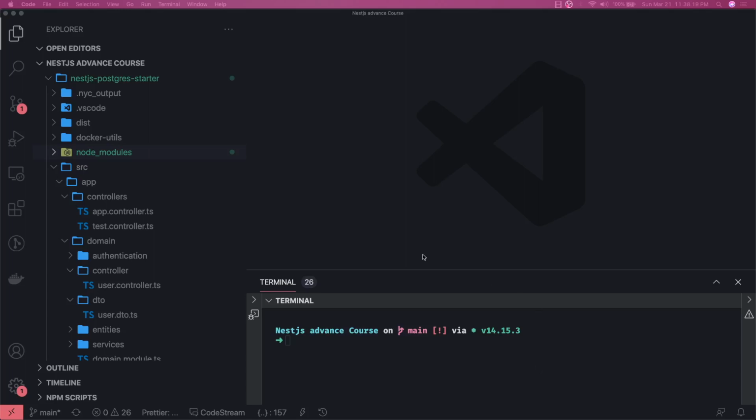So in this video we are going to talk about Nest.js logging. Logging is an integral part of an application. We should see the logs on the console, or we should be able to write the logs to the ELK stack, or to some third-party terminal. So we should be able to see what is going on with our application, right?